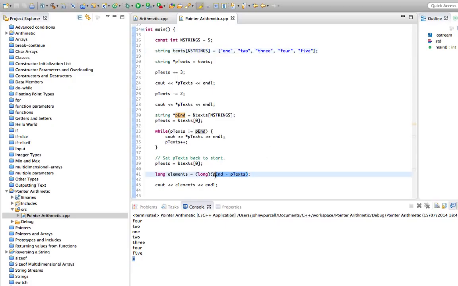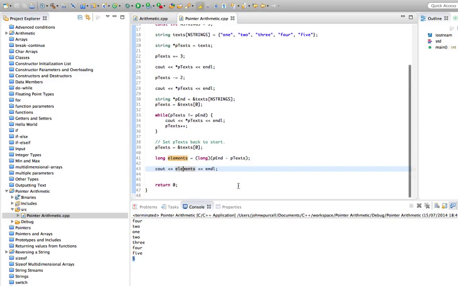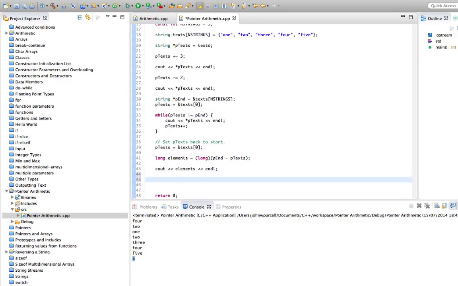So in other words, if we subtract end from start, we're going to get the number of elements in the array. I think that's all I want to cover in this tutorial. Well, there's one more little thing which is going to come in useful a bit later on, which is that suppose we want a pointer to the middle of the array. We could do something like, let's set ptext back to the start,